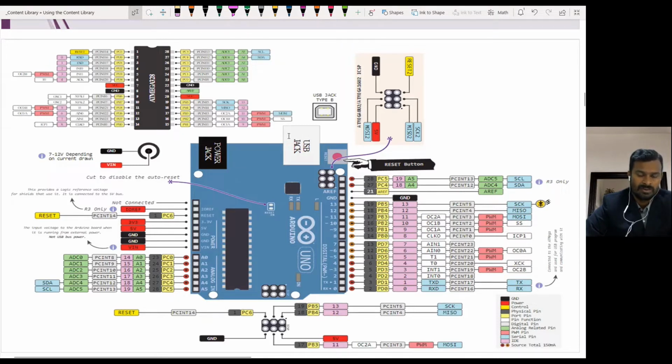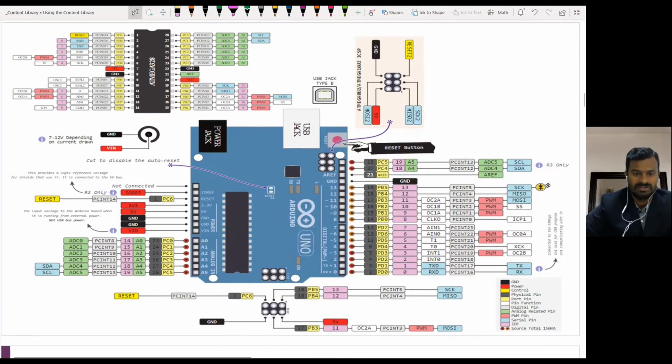or once the programming is done, I need not connect it to the computer. I will remove the USB cable and just give power through the power jack so that it can power this microcontroller board, and the remaining things will work as normal. Now let us see the features one by one.